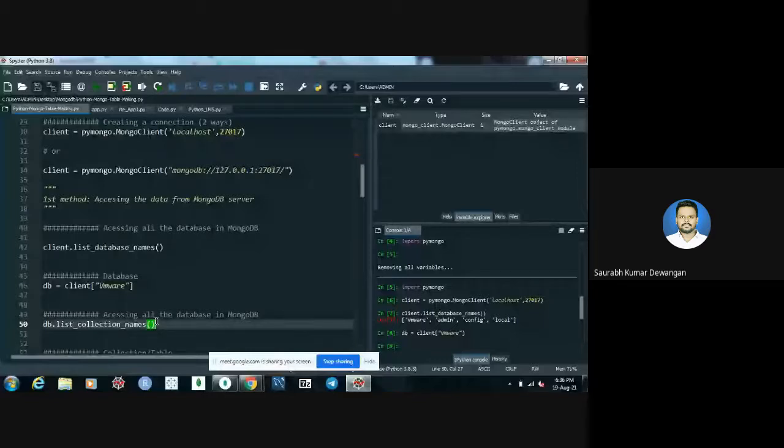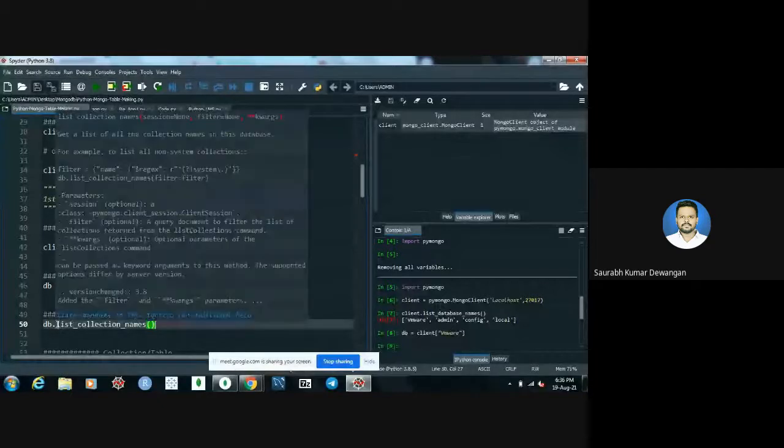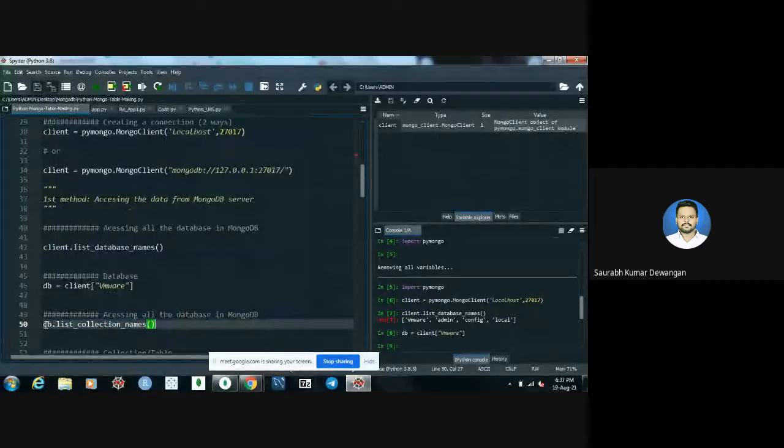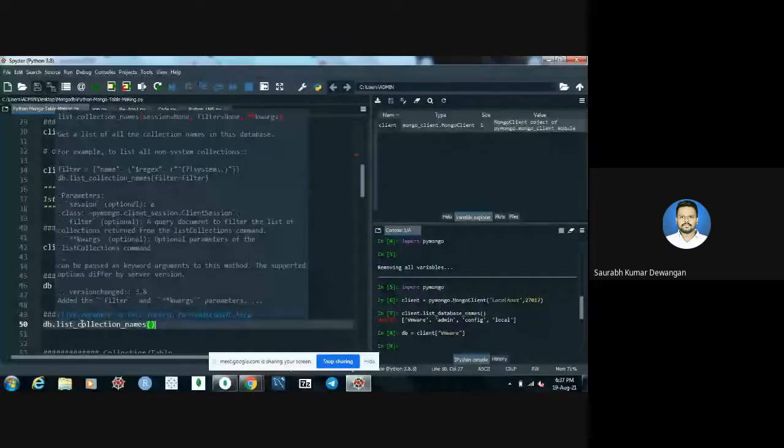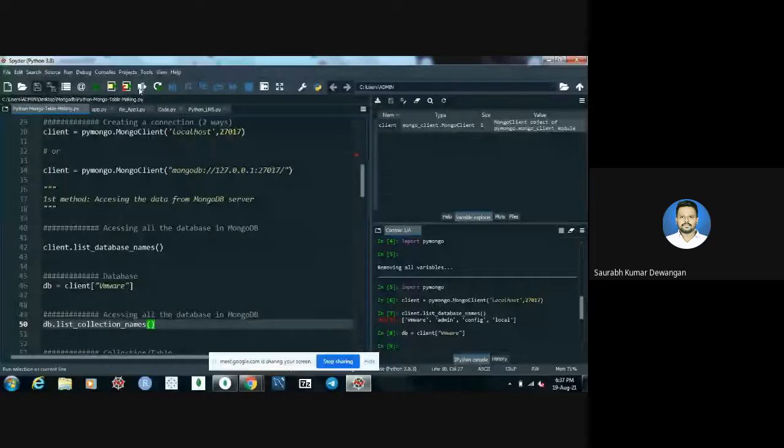For that there is a command, list_collection_names, and we have to mention db, which is the database VMware, right? We have given the database VMware, so we have to write db.list_collection_names. Let me run this line for you.